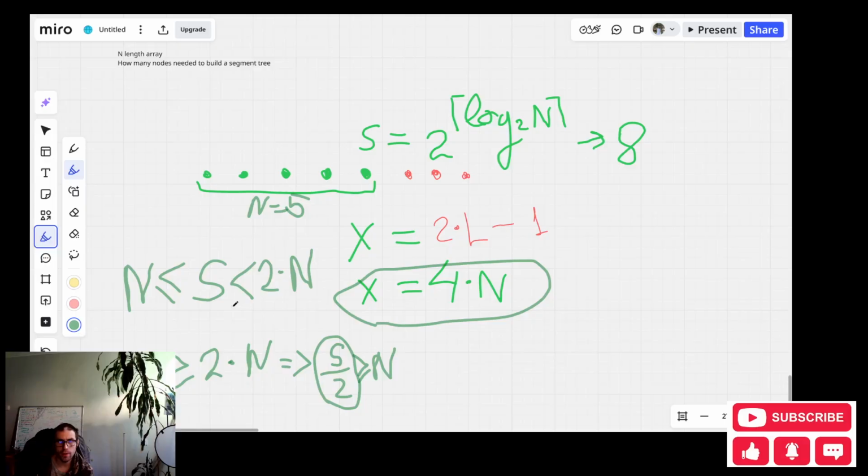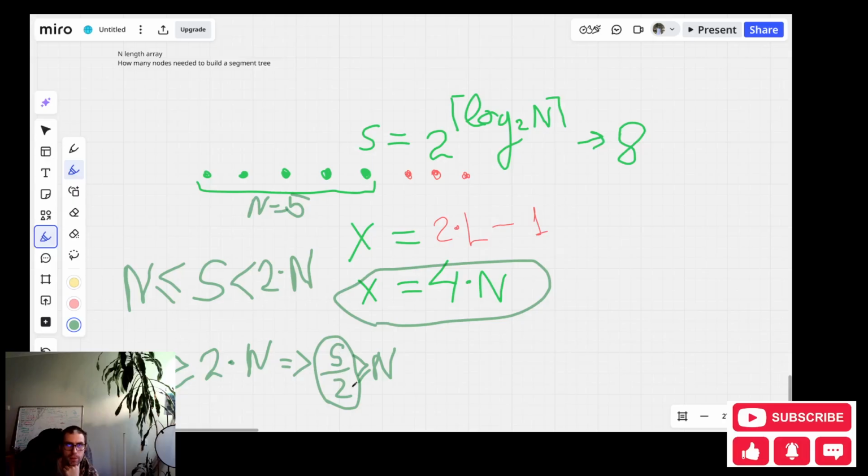But at the start we have this statement that s is greater than or equal to n, so this is the minimal number.